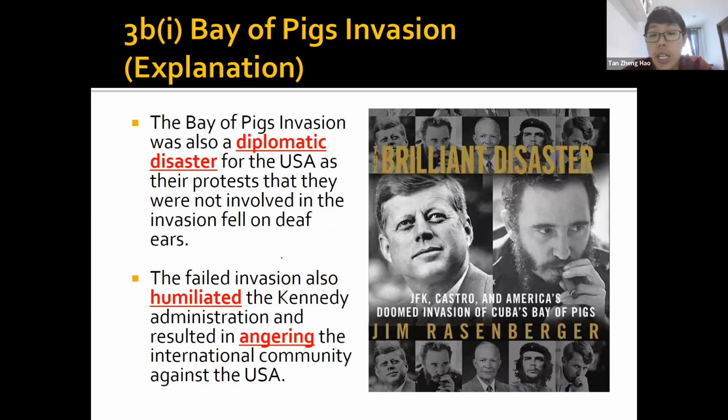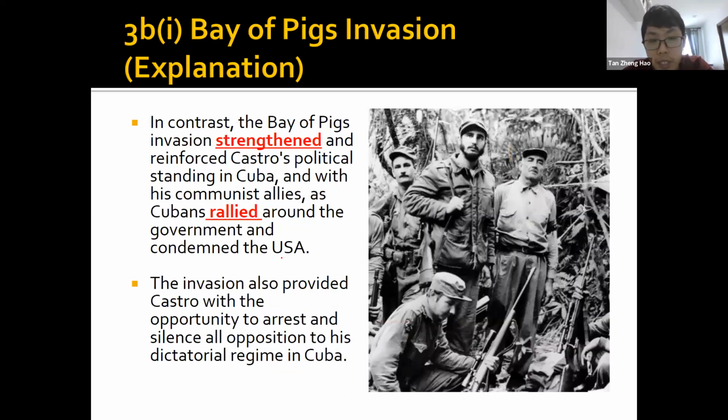But imagine a country sends fighters to try and get rid of you. How will you feel? How will Castro feel if the US tries to send fighters, send troops to overthrow you and get rid of you? So obviously this will worsen the relationship between the two countries because you feel threatened by the US efforts. The US also did not like it because they felt very upset, as they thought it would be an easy win, and the US later will try again, this time with another operation.